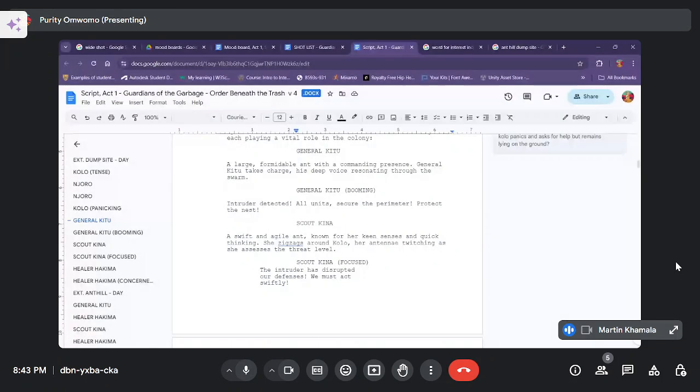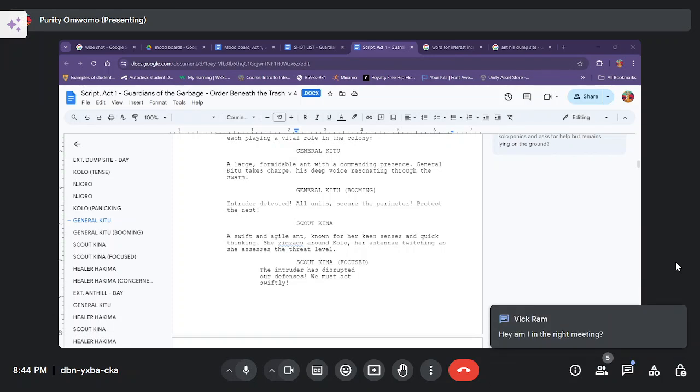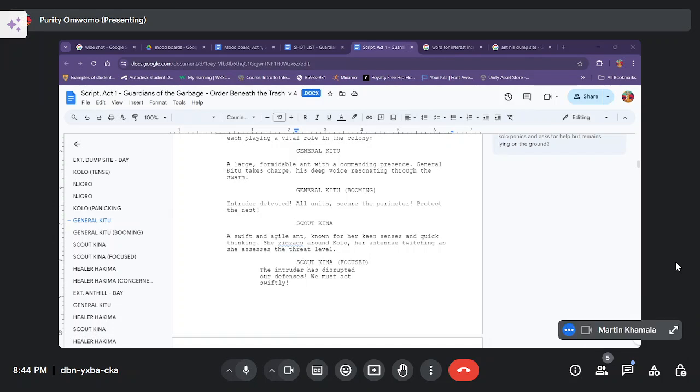Also, we can all draw in that storyboard. We can all draw in it and even type in it. So let's go through it and see what we feel can be sorted out and write notes. There's some sticky notes in the box. You can pick up the sticky notes on Excalibur and write them as comments. Let's do that so that we put comments all over for Purity. And Purity, you can also put comments. Comments are just for us to know, but they're not part of the storyboard really, but they're for us to know what you are thinking at that moment.